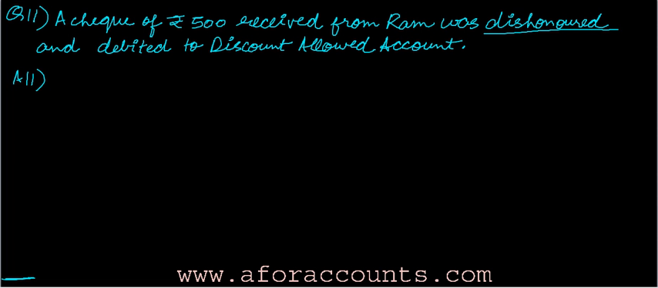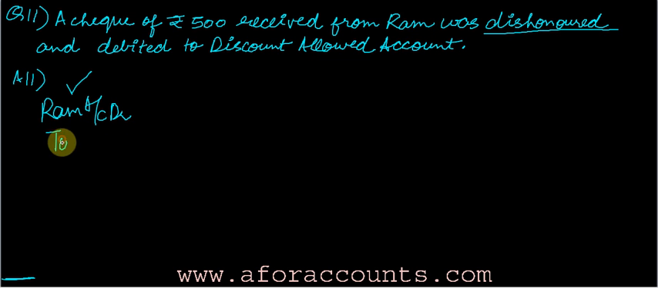Question number 11. A check of rupees 500 received from Ram was dishonored and debited to discount allowed account. Okay. Check dishonored. When I receive the check, what entry do I pass? Bank account debit to the person from whom I have received. Here it is Ram. But when it is dishonored, I'll pass the reverse entry. So the right entry of dishonor of check should have been Ram account debit